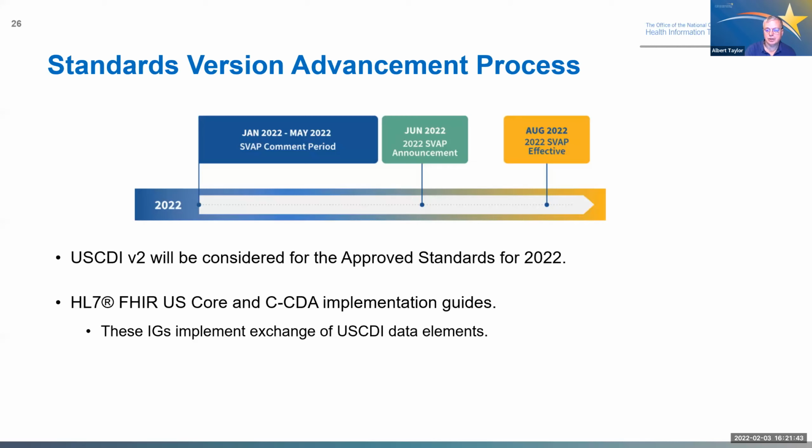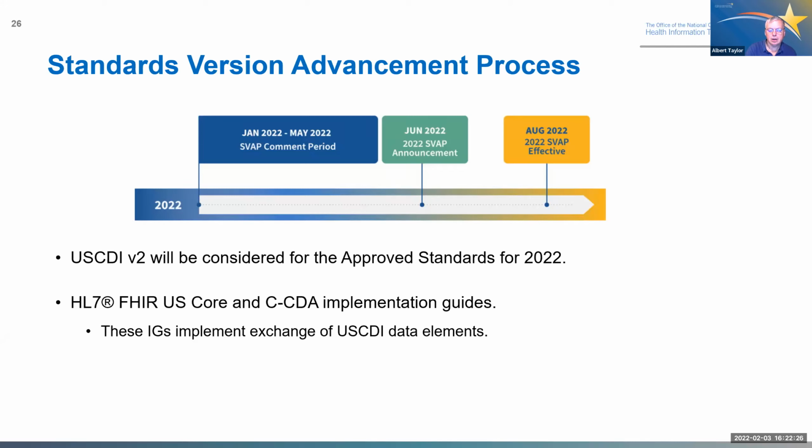It takes time to adopt a new standard, to make changes. And there's a continuous cycle in the FHIR community and the whole HL7 community to update standards. And that process takes time. As soon as USCDI version 2 was published, HL7 got started on making updates. And for those who are familiar with the update process, it's not easy and it's not quick. And so the community has been working diligently on updating those standards to reflect the new data elements in USCDI version 2. We expect those updates to happen early this year and be going through ballots very soon and then